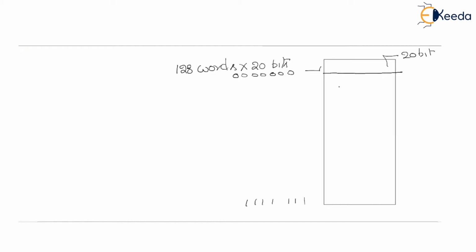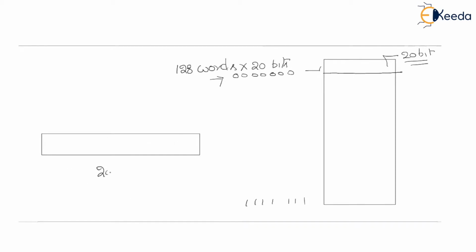The control memory size is equal to 128 words, with each word of 20 bits, which means that we do have a 7-bit address and 20-bit word. And here we do have a 7-bit address starting from 0000000, ending with 1111111. So all the locations can be addressed by using 7 bits. Now, let us have a look at this 20-bit instruction field, because one word is going to hold one instruction, one micro instruction.